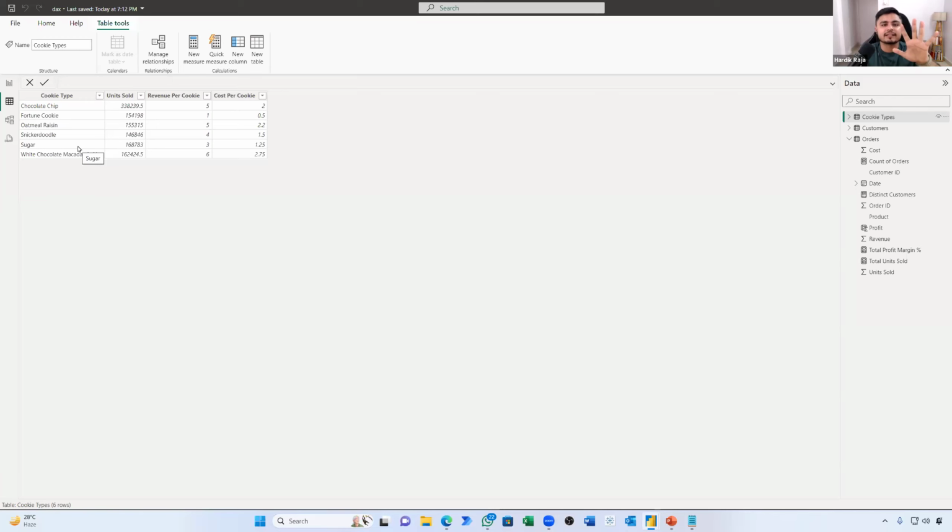So I think we should promote our chocolate chips further to our customers as well. Let's say we have five customers and two customers are buying chocolate chips from us, but the other three are not buying it. So we can push our sales teams to close deals of chocolate chips with the other three customers. Why? Point number one, it will maximize our revenue. Point number two, it will maximize our profits as well because those particular products have good profit margins.